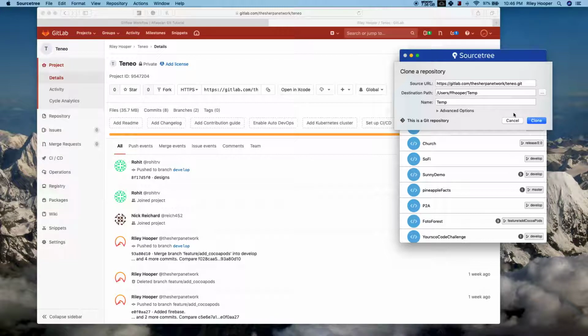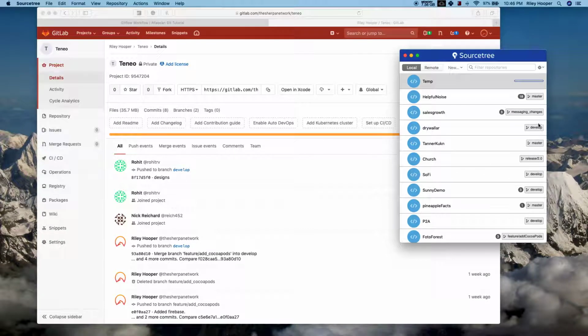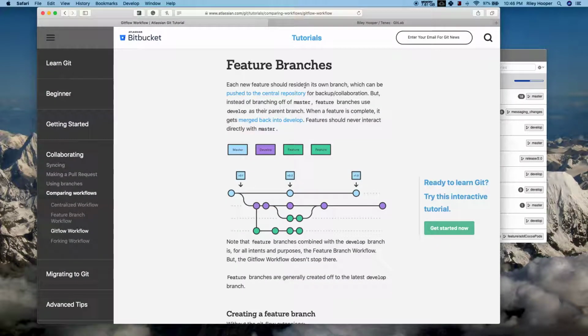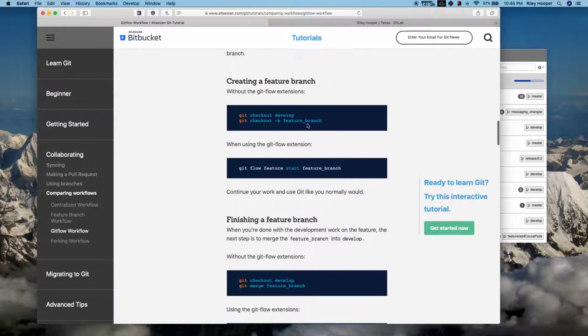I usually just leave that as the project name. You hit clone, and then that will download it from the remote repository from GitLab. So that's just copying over the files. And then as soon as that's done, we can launch it. Maybe while that's doing that, there is